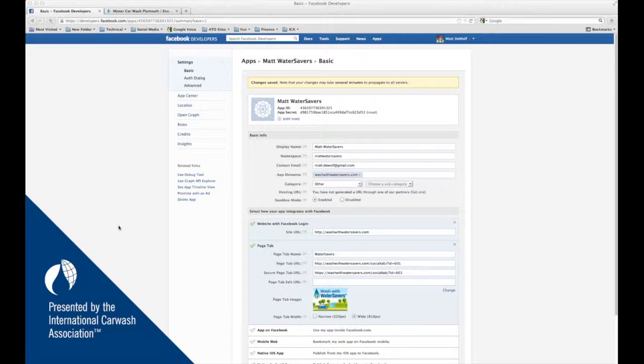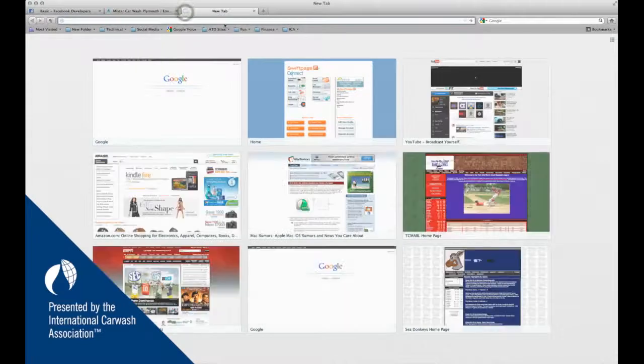Next, we need to add this to our page. So in order to do that, we've got a long URL that we are going to need to enter in, and this is where you're going to want to go ahead and open another tab on your browser or a new window if you need to. And then in here, you're going to enter in https://www.facebook.com/dialog/pagetab?app_id= and then you see this text here that needs to be replaced. I'll show you where to find that